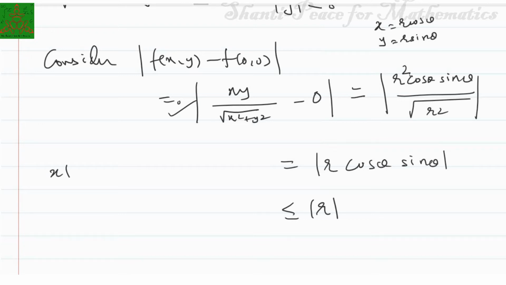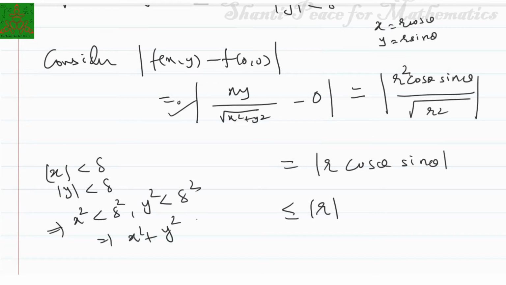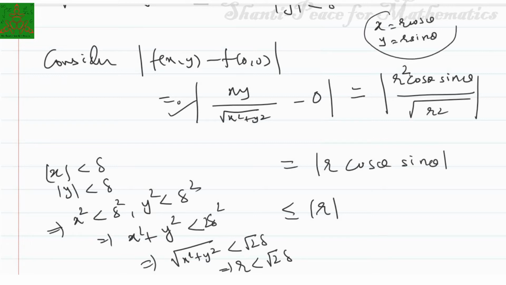And you know that mod x is less than delta, mod y is less than delta, so x square is less than delta square, y square is less than delta square. This implies x square plus y square is less than 2 delta square, which implies the square root is less than square root of 2 delta. That implies r is less than square root of 2 delta, since r square is x square plus y square. If you want this to be less than epsilon, then you have to choose your delta